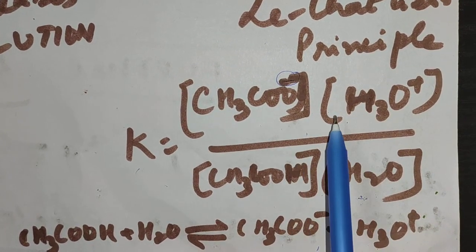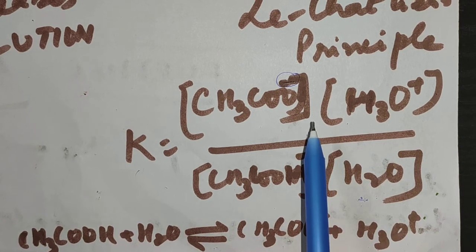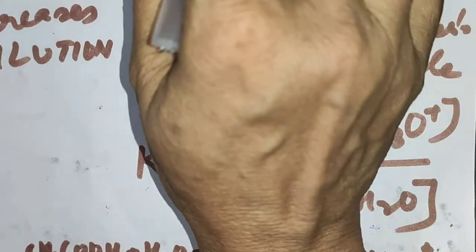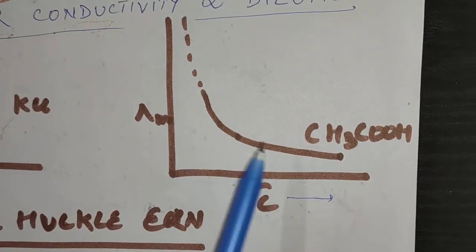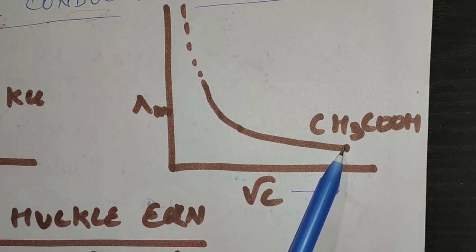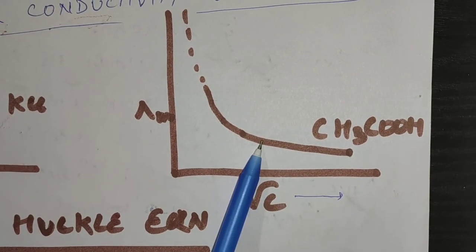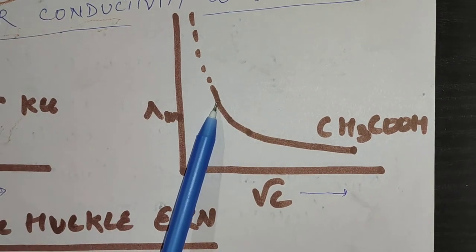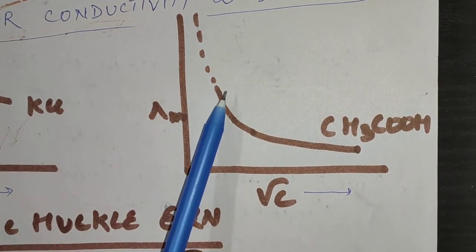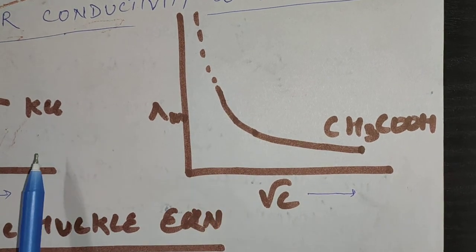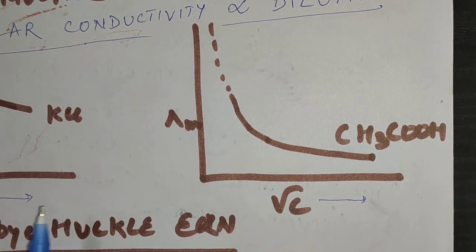If the number of ions is increasing, that means conductivity will definitely increase. So there is a sudden steep increase in conductivity here due to the addition of water. Because the reaction is reversible, initially it has not attained equilibrium. Once equilibrium is attained, water disturbs the equilibrium, so there is a sudden increase, and more and more ions are furnished. So the problem here is, you will find that the trend is the same, but the graph is not the same for